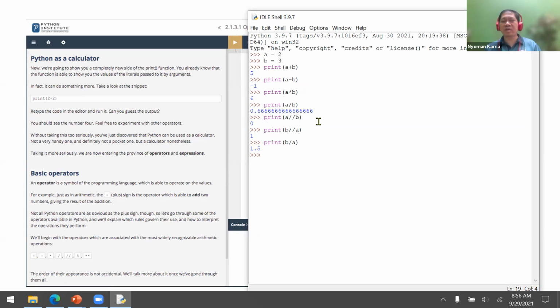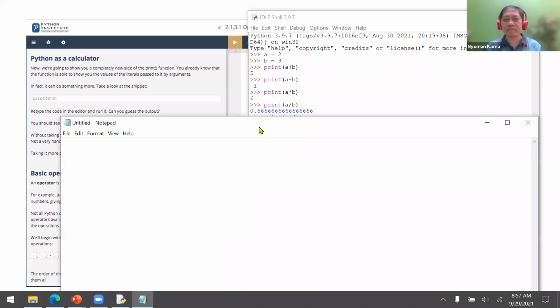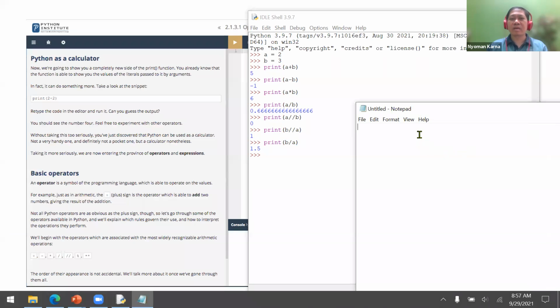Now, I believe you already find the relation. Zero 0.66666. A integer division B, it actually just take the integer part.